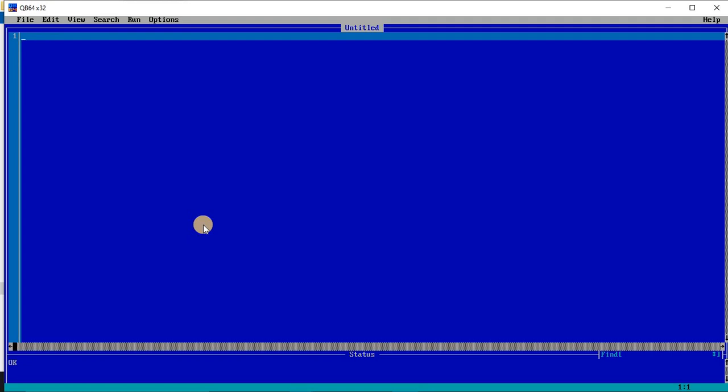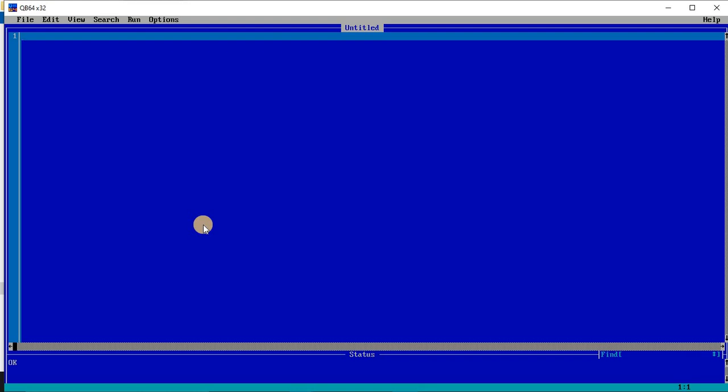So after installing this one, now we will learn a few things on QBasic. In my last video you have already seen the different parts of QBasic, where file, edit and all menus are available. Everything, right now you know it. Now today I will be explaining about the programming part. In QBasic there are two things which are important. One is constant and number two is variable. Okay, these two things are very important.